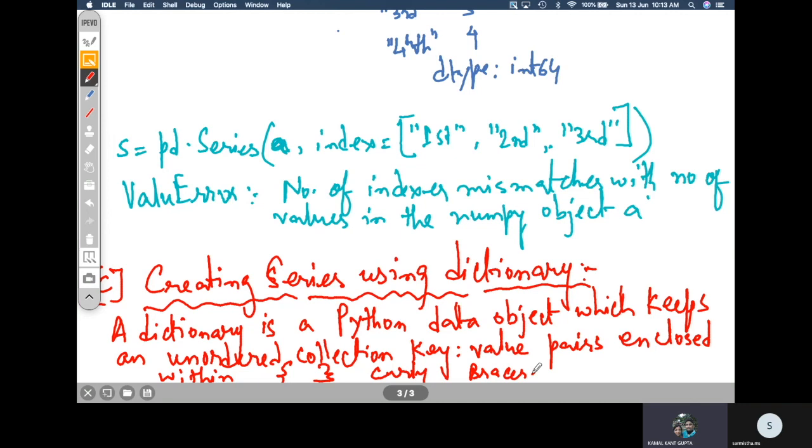Now let us create a pandas series using a dictionary, and this is very important. It is very important because we will use this syntax a lot in the coming days, when we learn higher programming related to pandas series and pandas data frames. So it is very important to understand it at this point of time.